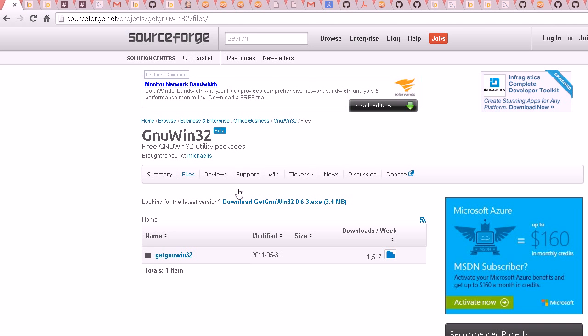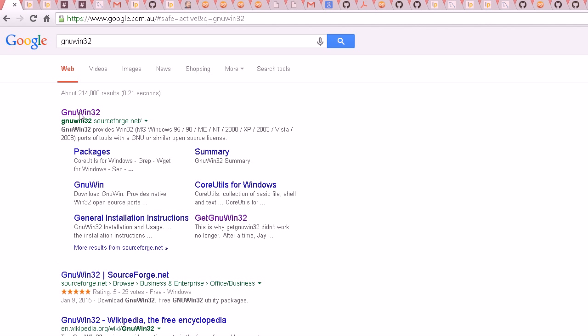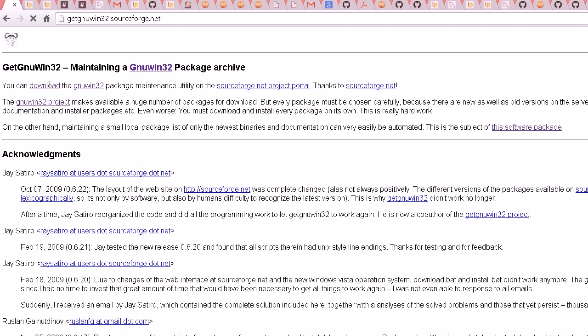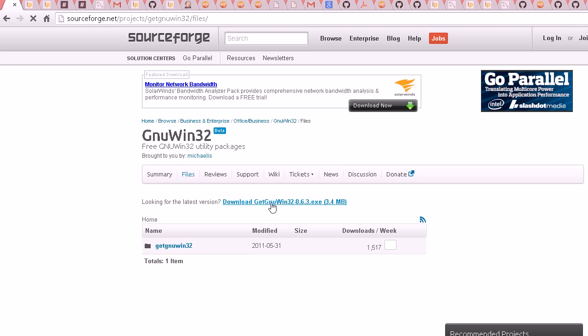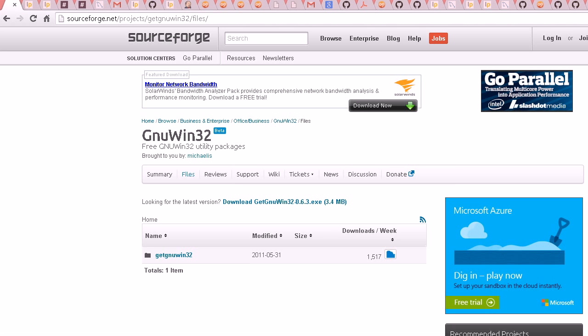So here we have the downloadable, but if you don't know straight away how to get there, search for Gnuwin32 in Windows. Simply go to the first link shown, Gnuwin32 on SourceForge, download all, download, and then you end up on this page where you download this executable. All this executable does is create a bunch of directories, and it doesn't install any TSRs, any terminate and stay resident utilities. It simply goes and downloads all of the packages that are required and puts them in a directory, and then you can just reference it as exes. So once you've installed all this,